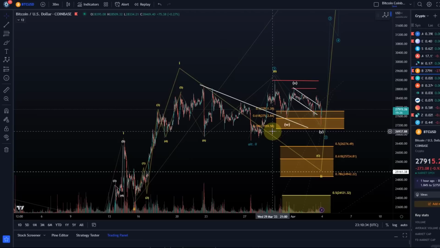And the break above the intraday high would certainly shift probabilities again towards a direct breakout. I'm still watching if we get that direct breakout to the upside. I'm thinking we are still in a breakout scenario. It's probable, but below 27,060 is going to change my view. Then first we'll drop a little bit lower before we have another chance. What I also need to say, the longer this takes, the more difficult it will probably be for the bulls to do it. But sometimes you just need patience in these markets.